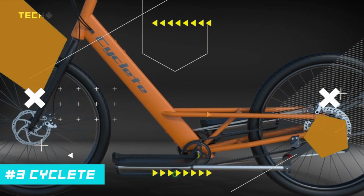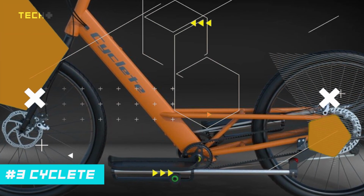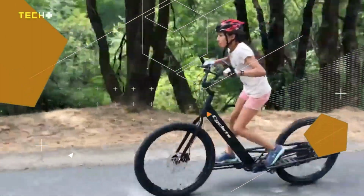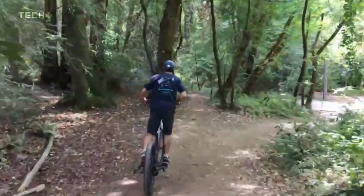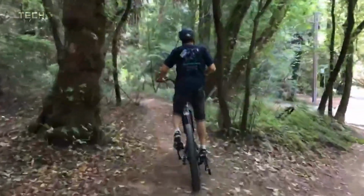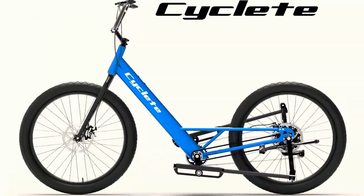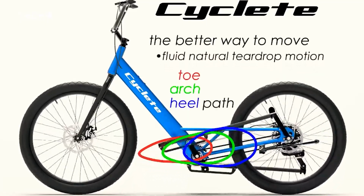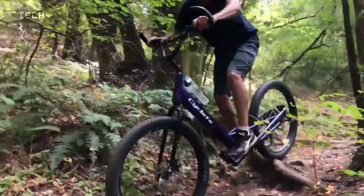Cyclite. Cyclite represents the culmination of 20 years of development, offering a stand-up bike experience that harnesses the body's power while minimizing impact and strain. This Californian-designed stand-up bike delivers a fast, fun, safe, and comfortable ride on both roads and